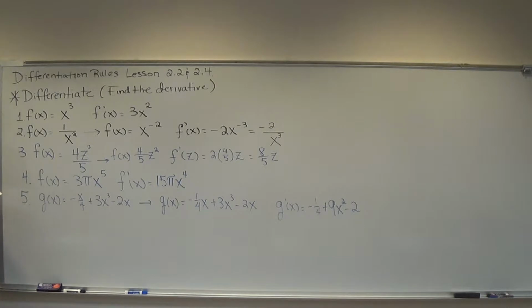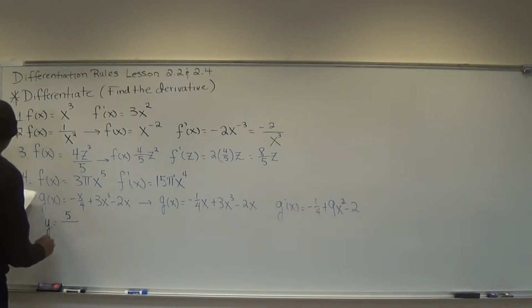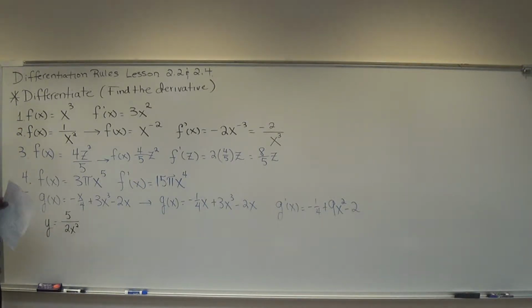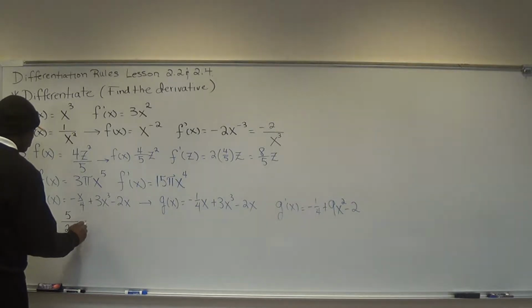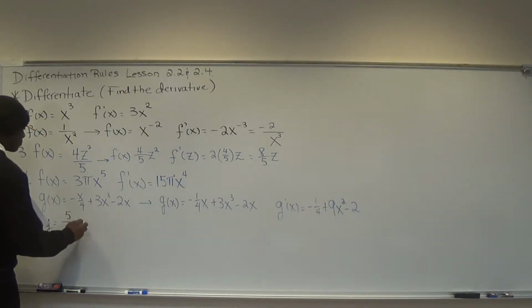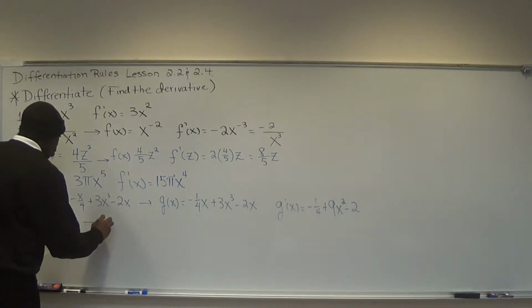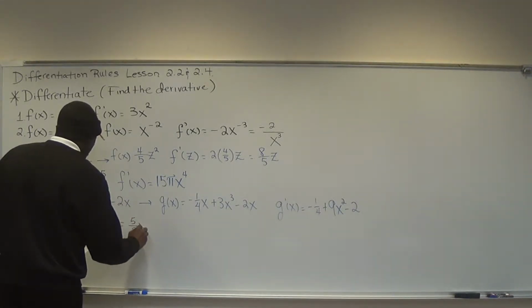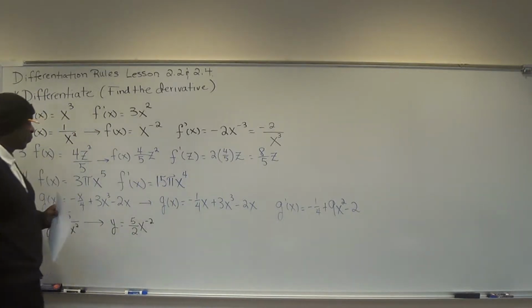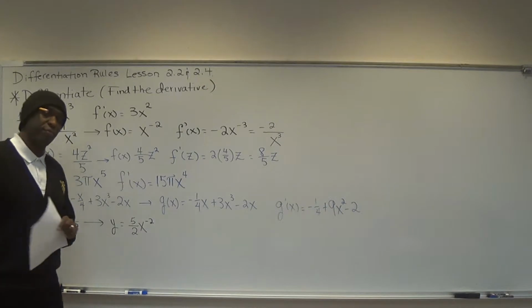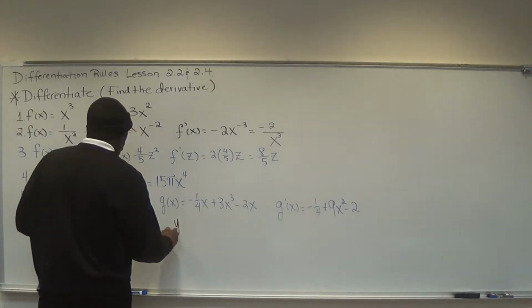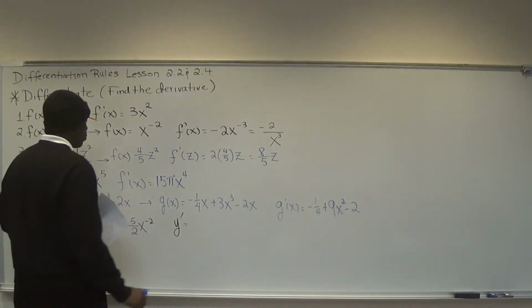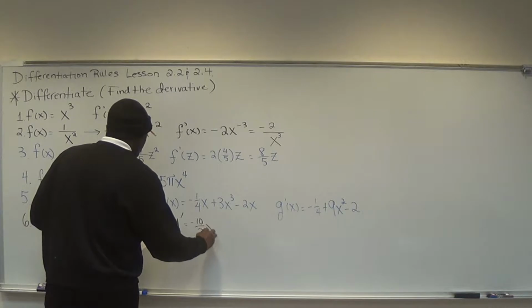Example 6. All right, we have y equal 5 over 2x squared, which equals, well, let's rewrite it. So y is going to equal 5 halves times x to the negative 2. And now you're ready for the derivative. So my derivative, which is what we call y prime, that's going to equal negative 10 halves x to the negative 3,